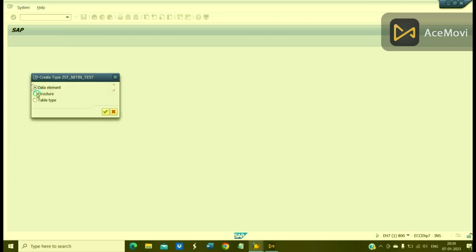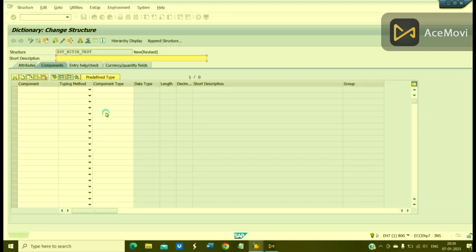Here I will choose the second radio button, that is structure. Let us give a short description: Demo